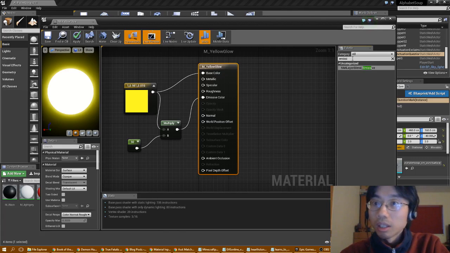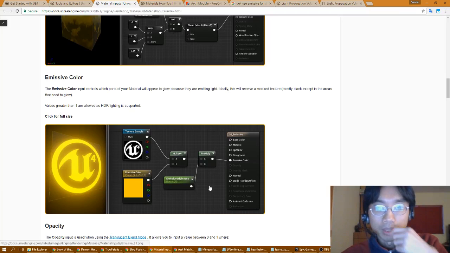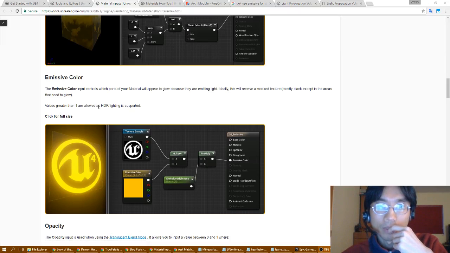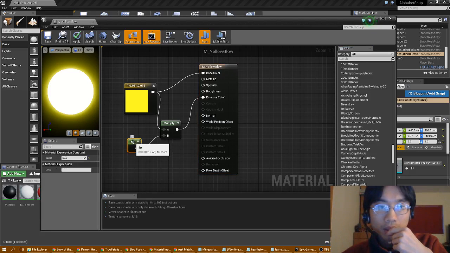Palette. So they made it 6 in this one. Brightness of 6 gives you that. And they made it yellow. And that's it. Values greater than 1 as HDR lighting is supported. And it's just this, yeah, this is pretty much the same thing. Except